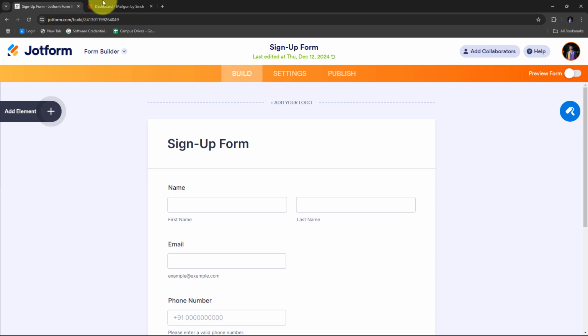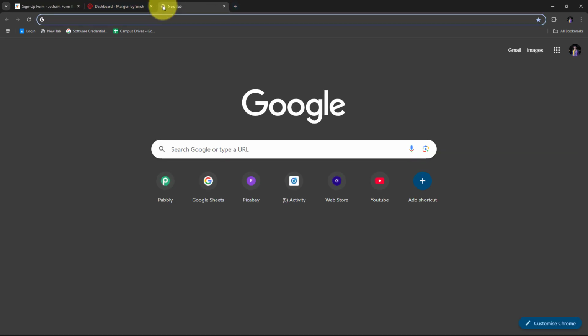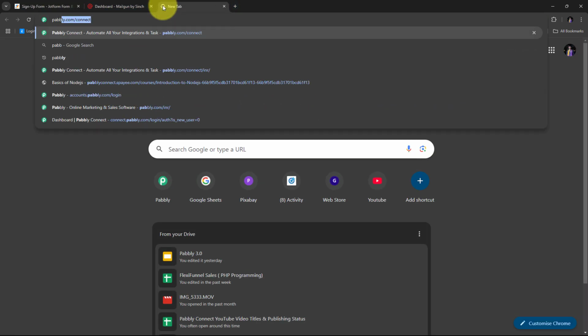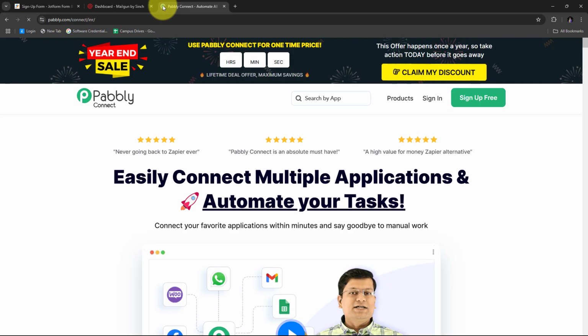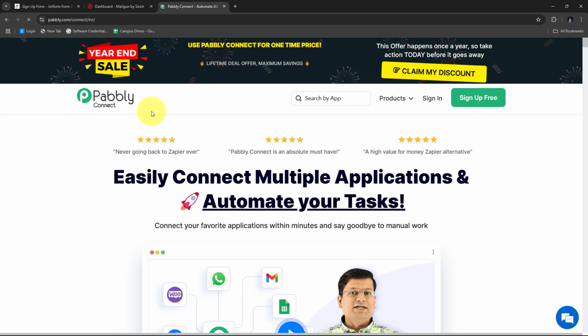For using Pabbly Connect, I need to open a new tab and search for pabbly.com/connect in my browser. It will take us to this landing page of Pabbly Connect. Here on the landing page, I have these two options of sign in and sign up for free. If you don't have an account with Pabbly Connect, you can just click on this sign up for free button, and it will take only 2 minutes of your time, and you will get 100 free tasks every month. Or if you already have an account or you are an existing user, then you can just click on sign in,